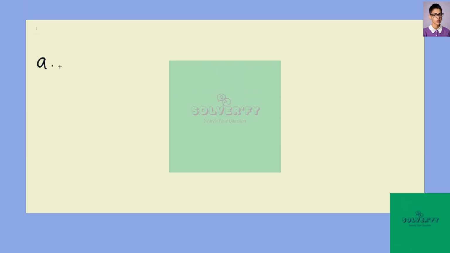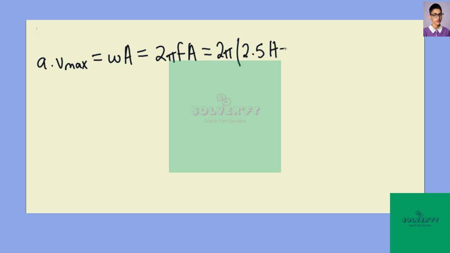So for part A, we want to find the maximum velocity. This will be equal to the angular velocity times the amplitude, and this would be equal to 2 pi times the frequency times the amplitude. Now we can solve. So this would be 2 pi times the frequency of 2.5 hertz, and then times the amplitude of 0.15 meters, and we find that the maximum velocity equals